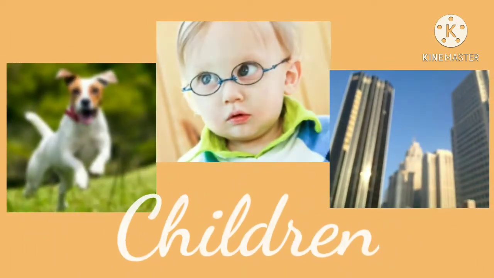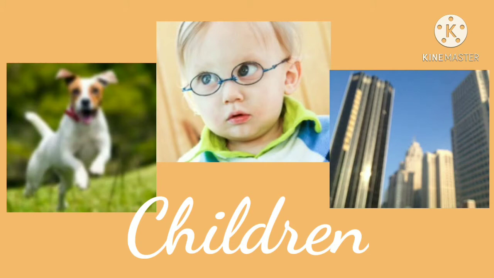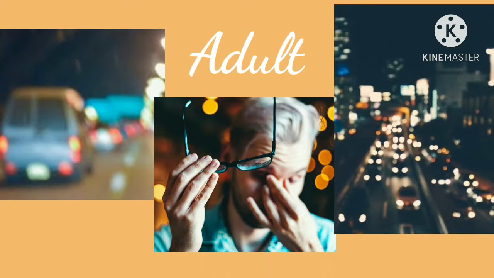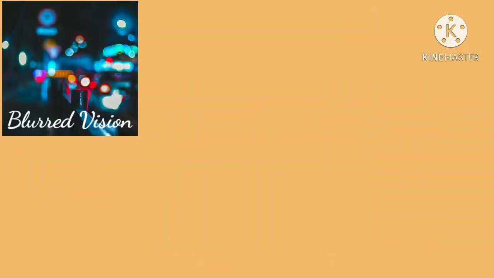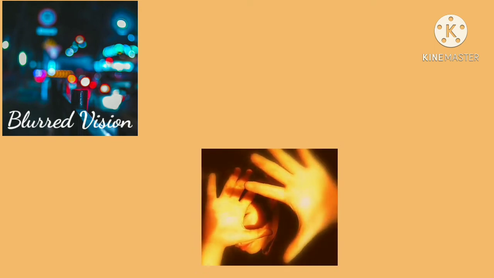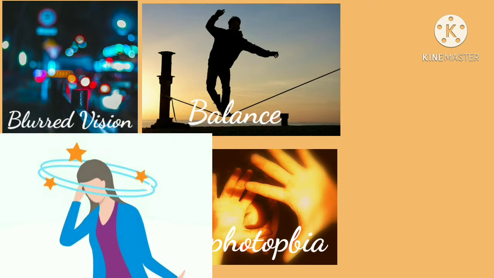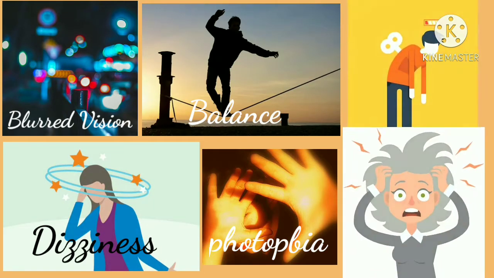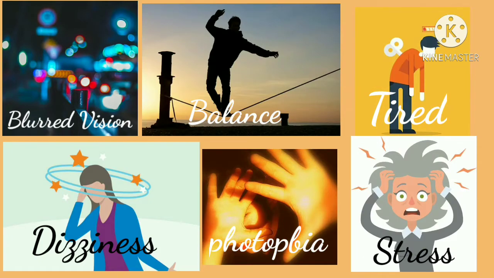Objects may seem a little blurry to children with nystagmus, but the world doesn't look shaky to them. It is different if you develop the condition as an adult. Then the world appears to move a little when you look around. Nystagmus may also affect your vision. You might have a hard time seeing in the dark, or you may be sensitive to bright light. You may have problems with balance and dizziness, and it can be worse if you are tired or stressed.